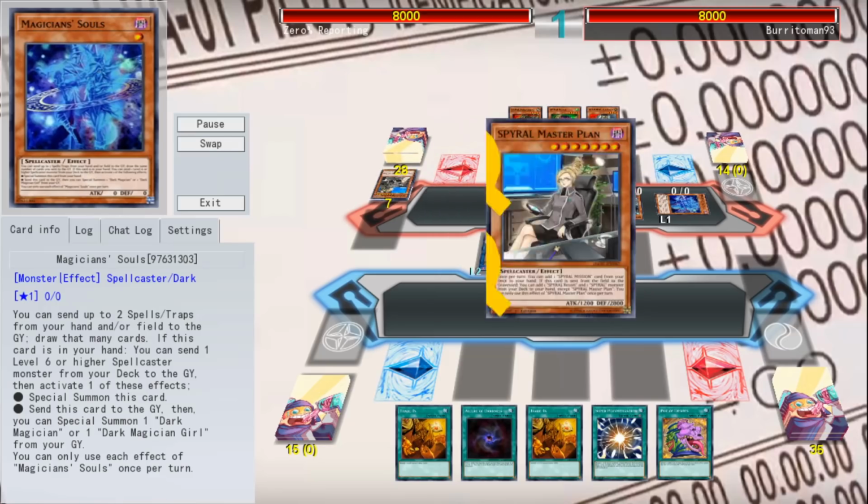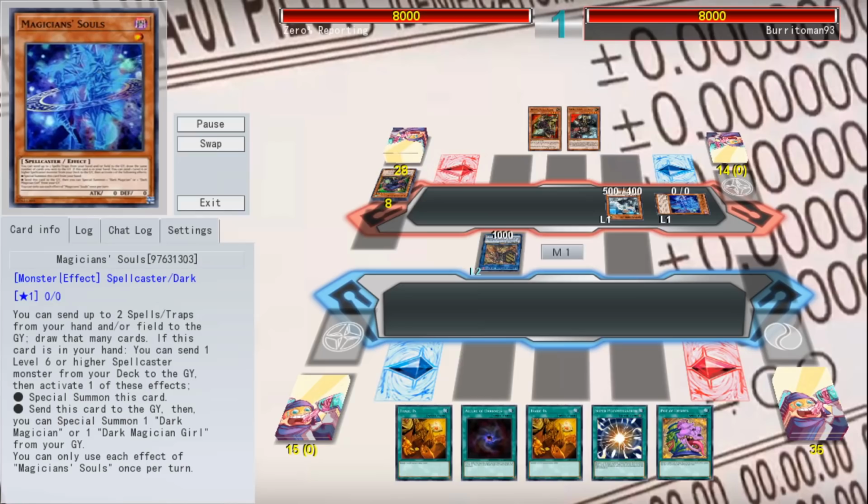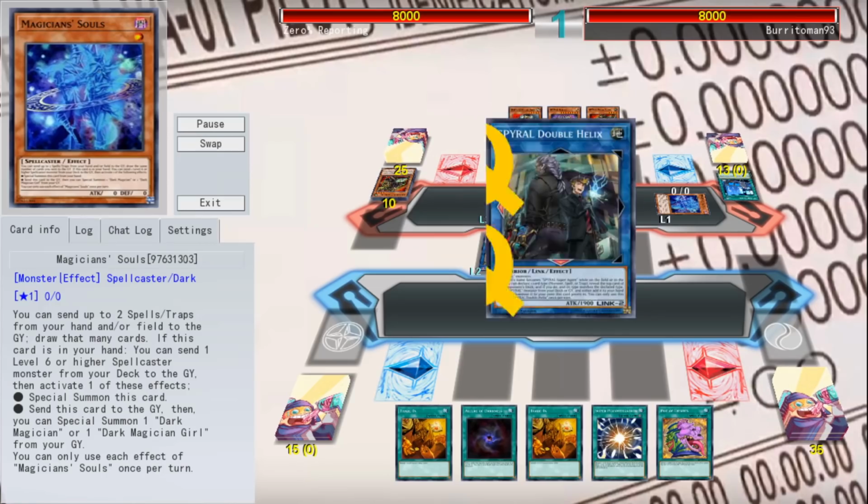Afterwards, going to activate Magician's Souls, draw 2 cards, and then activate Barricade Board Blocker and Master Plan's effect, getting a Resort and a Sleeper, and then the Resort for a second copy of Super Agent. Now you're just flexing. They're going to call the top card of our deck and link summon Double Helix, using